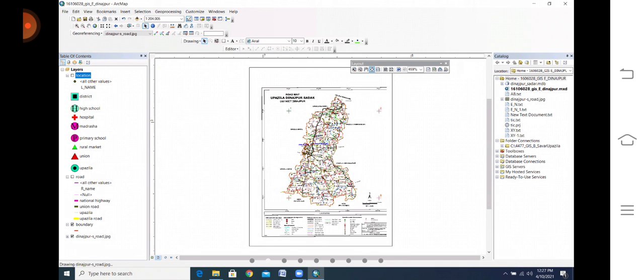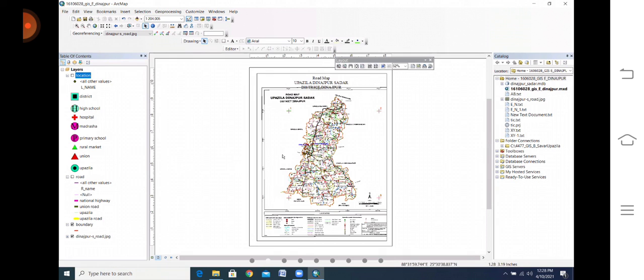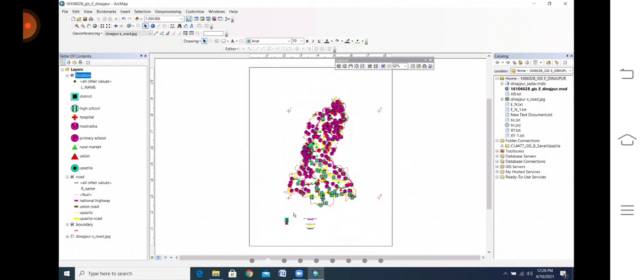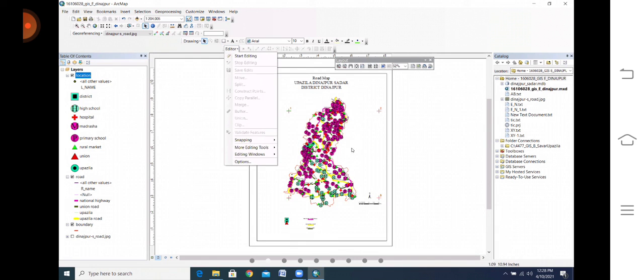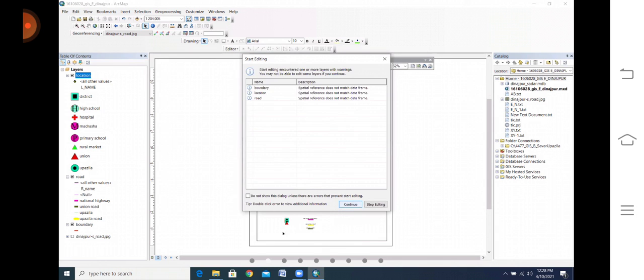Now listen. I will edit the legend beside the map, then I will put it here. So what I need to do this time is check all the items. Okay. And JPG should be unchecked. So here something is unnecessary. That's why you need to edit it and remove it.